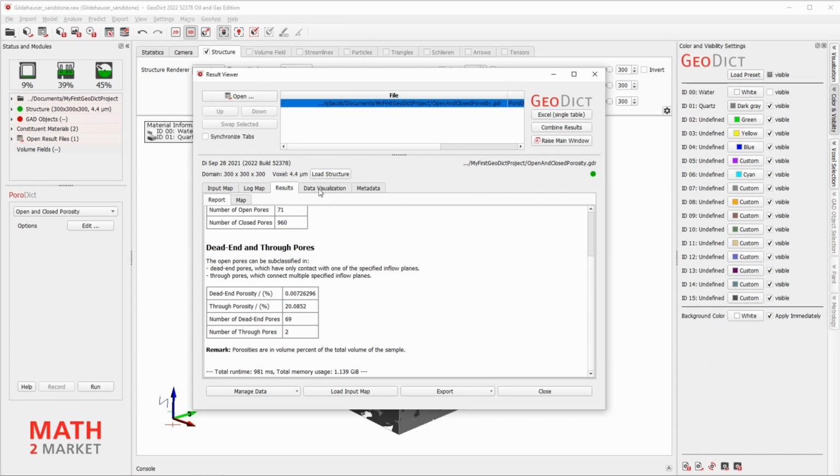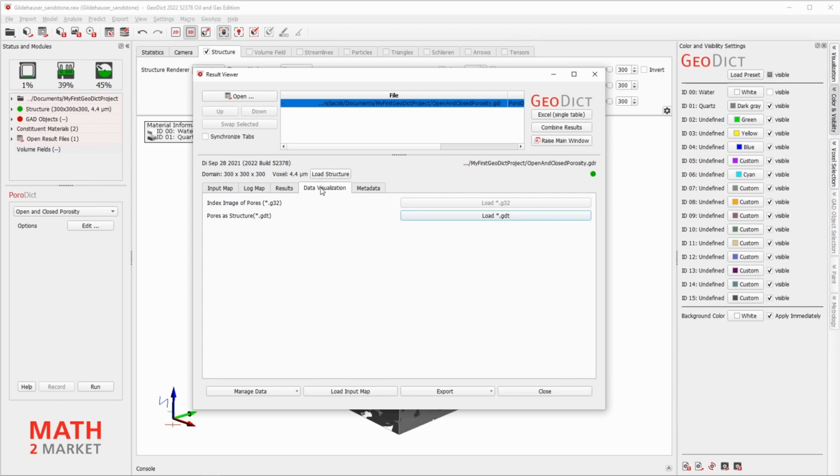You may now load the structure with open and closed porosity from the Data Visualization tab.